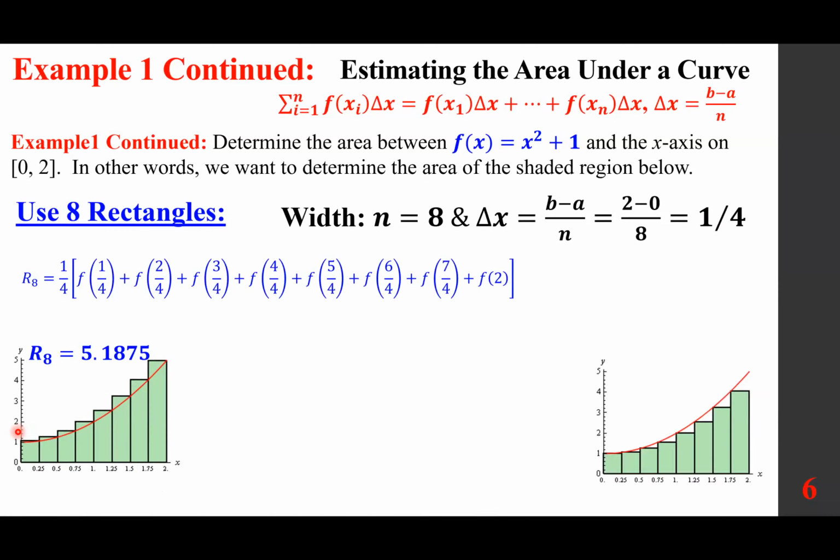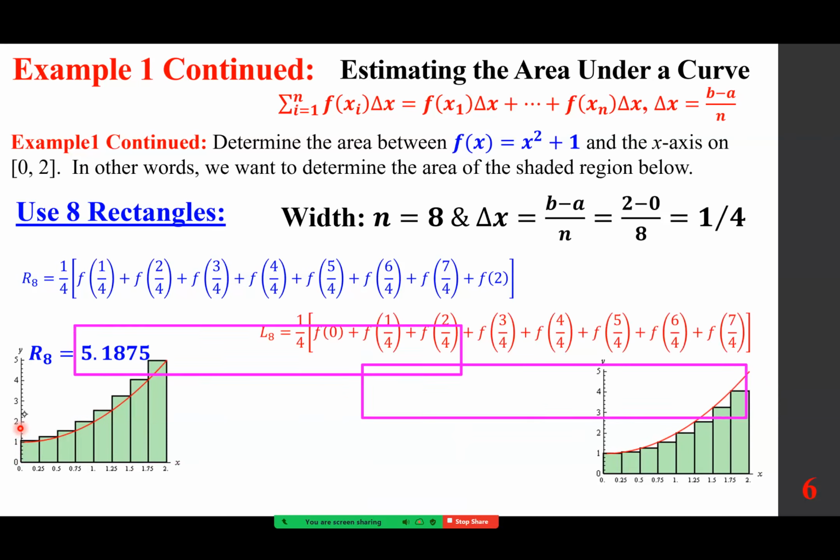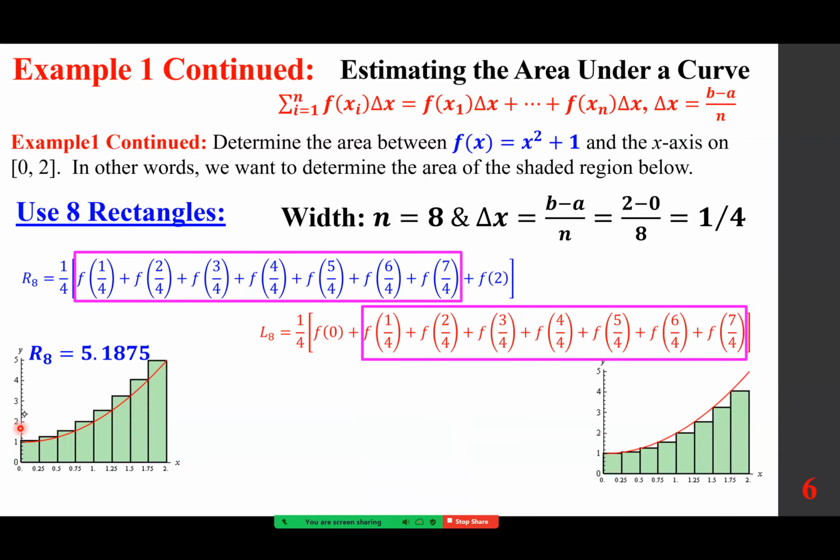For the left endpoints, looks like that. We use all of these heights except the last one for the left endpoints. For the right endpoints, except the first one. And so again, notice these two are identical. So if you were to do this by hand, this part is identical to this part, so you would know what is the sum of that. You keep that, and all you have to do is calculate f of 0 and add to it. In any event, we end up with a different number, 4.1875,